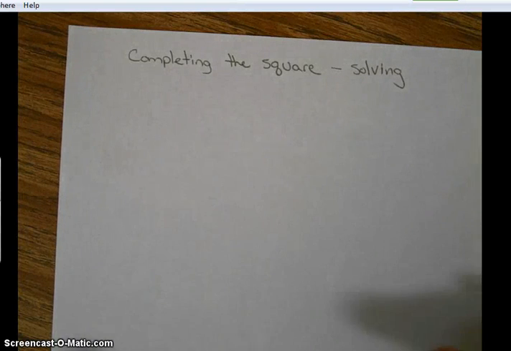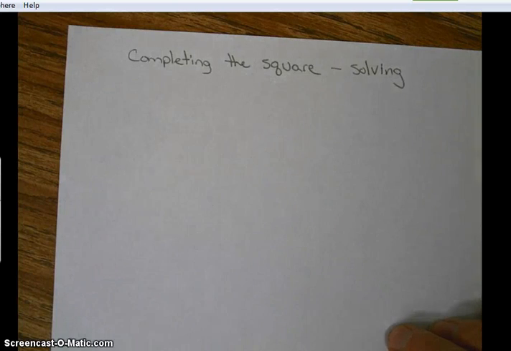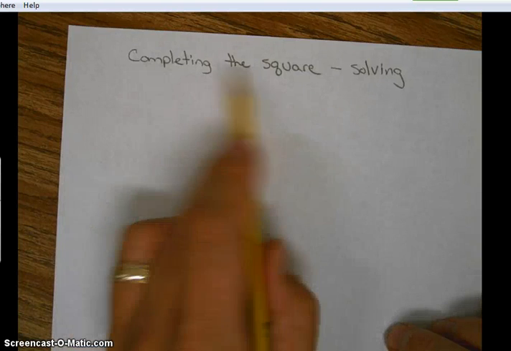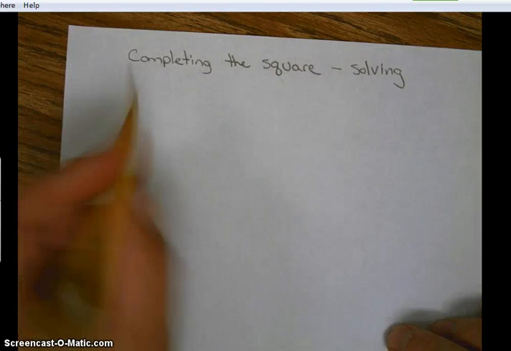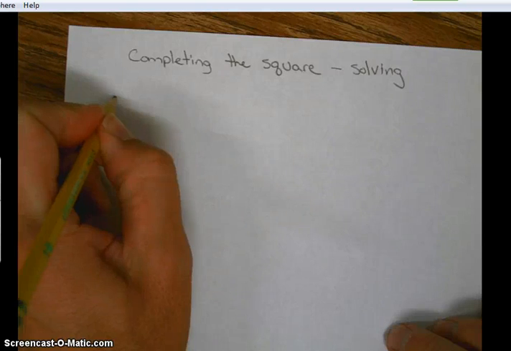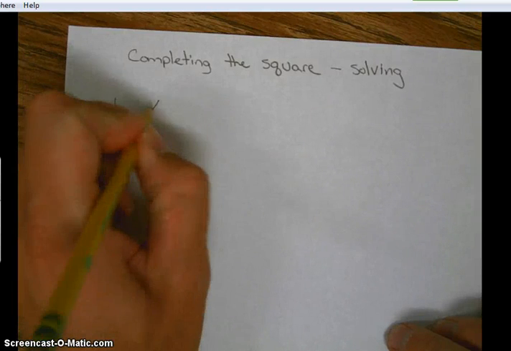Okay guys, let's get right to it. This video is on how to solve quadratic equations by completing the square. This is a procedure that I'm going to teach you. So, two examples. Our first example,